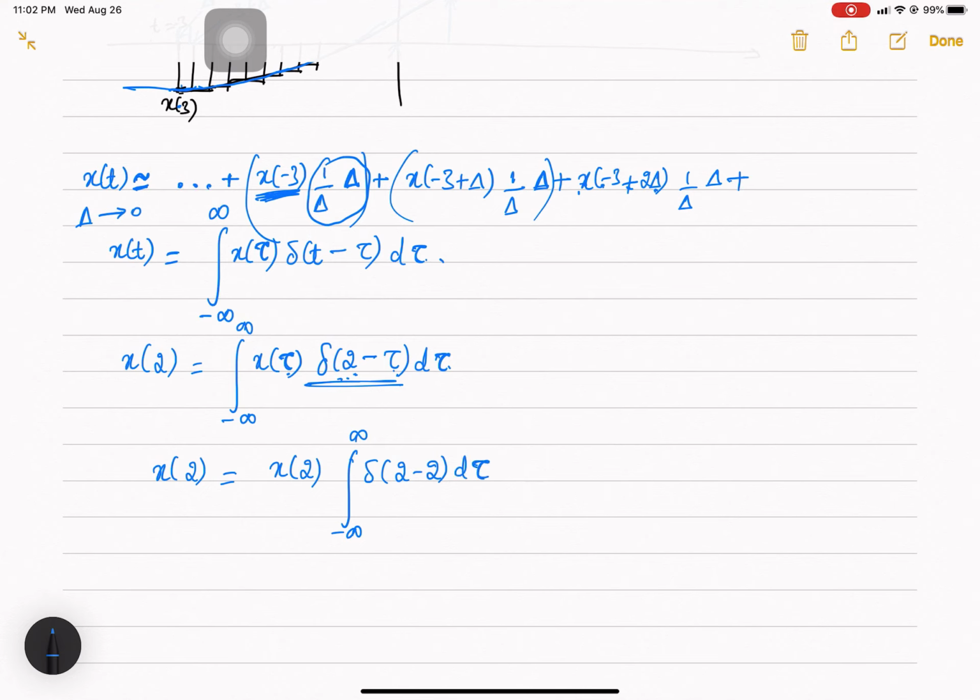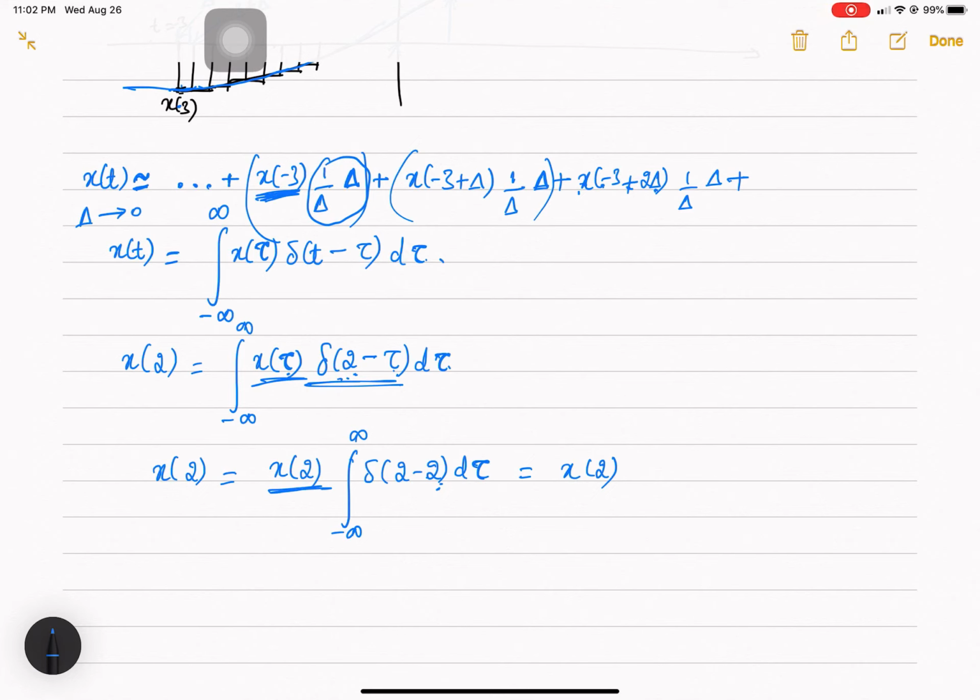So what is delta t minus 2? It is delta 0. Anyway, the impulse exists only at 0, and the area under it is equal to 1, which you get to be equal to 2. The same thing you can substitute for 1.5, 1.99999, 1.901 or 2.959, whatever random value you take. The impulse exists only at that point. So this is a constant term. x of 2 is a constant value. It can be equal to 5, it can be equal to 3, it's not a variable.